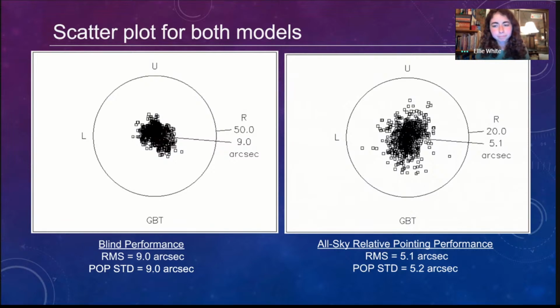The plot on the right shows that if you do one calibration at the beginning of an observing run and then take point sources across the entire sky, you would see about 5 arcsecond error. So these are both really exciting results. They show just how well we're able to point the GBT despite its tremendous size. It seems very cumbersome, but it's actually quite good at getting these really accurate values. And it gets even better than this.